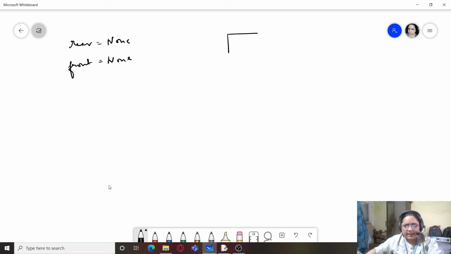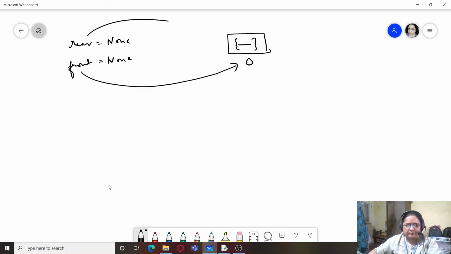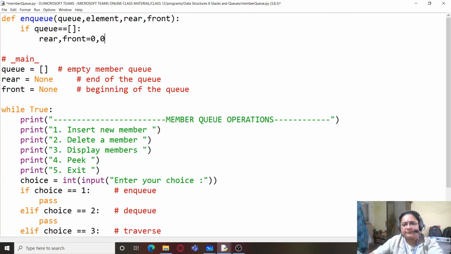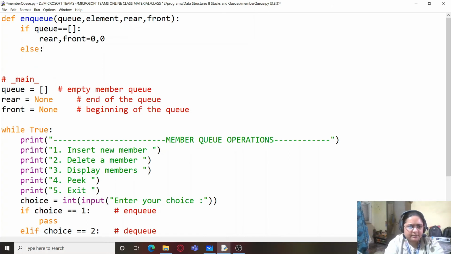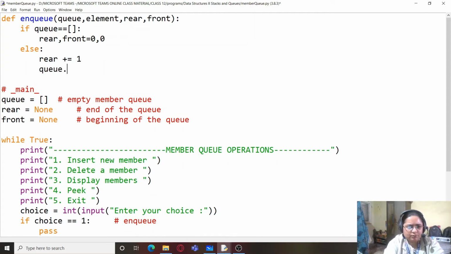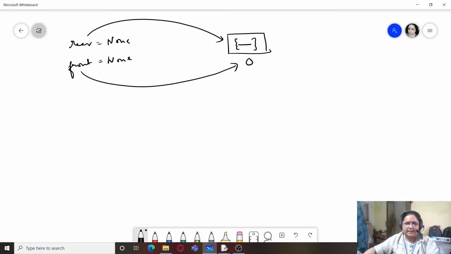When you insert at least one element into the queue, then both rear and front have to be pointing to this location. So both rear and front have to be assigned the value 0. Else, we can simply write rear plus equal to 1 and queue dot append element. That is, just increment the value of rear by 1, because once there is at least one element in